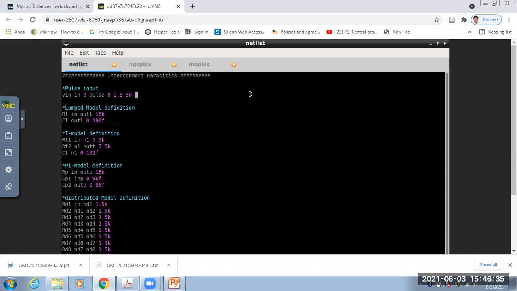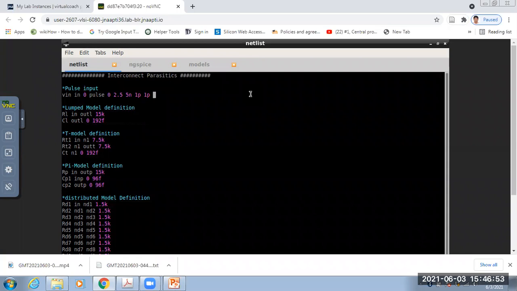Then rise time: it should be very small, 1 pico. Fall time also 1 pico.